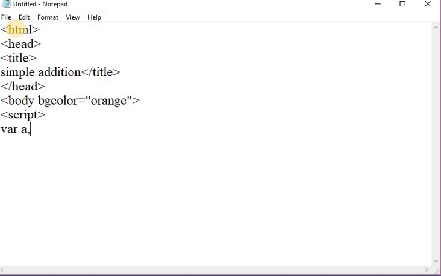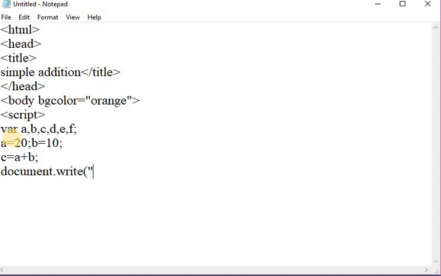In that script tag I am taking 6 variable names: A, B, C, D, E and F. By using the var keyword, we declare a variable. Here I am defining the value of A as 20 and B as 10, and I am performing the addition operation, C is equal to A plus B, and displaying this addition operation by using the document.write method.